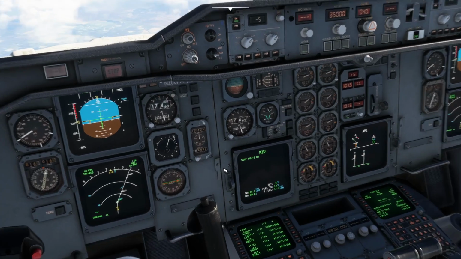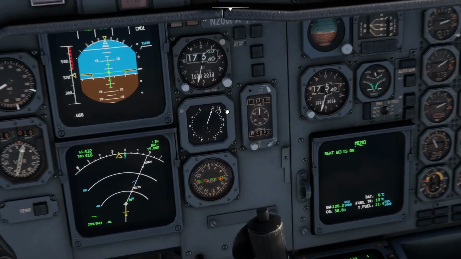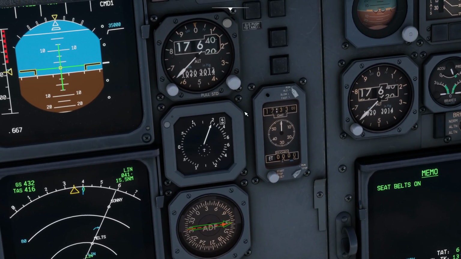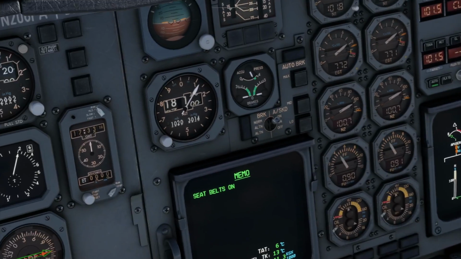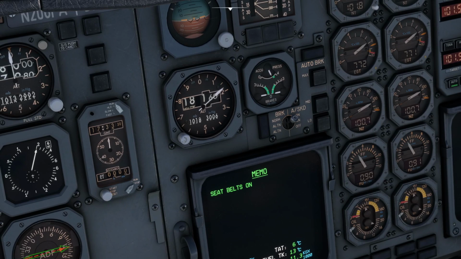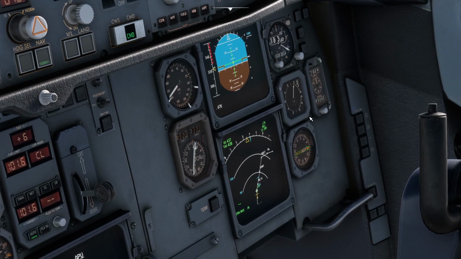Okay, so we're just coming up towards 18,000. So let's go and start reconfiguring these. So 2992 we want on the inches. 2992, that's the pilot's one. There's the backup one, so 2992. And then on the co-pilot,